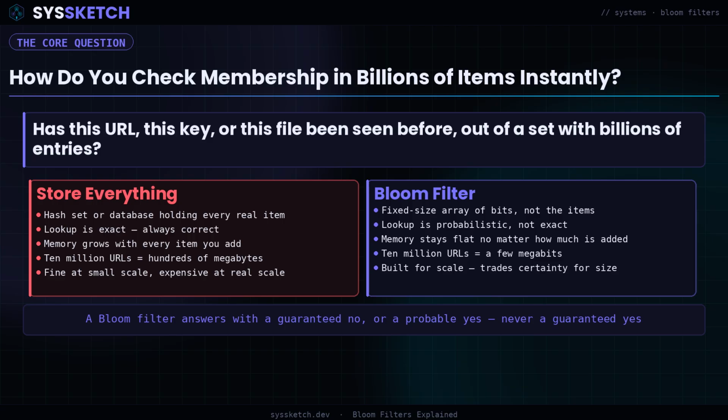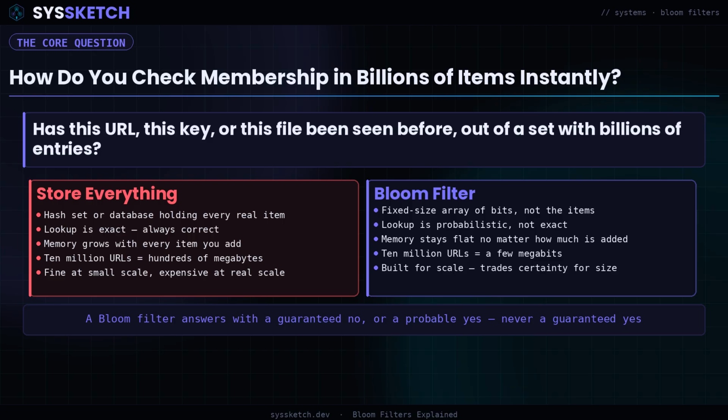Storing all 10 million full web addresses locally would eat hundreds of megabytes, and searching through them one by one would be slow. A Bloom filter solves this by shrinking that entire block list down to a tiny fixed-size structure, often just a few megabits, regardless of how many addresses it represents. Ask it whether an address is on the list, and it gives you one of two answers. Definitely not on the list, which is always completely true, or possibly on the list, which is usually true but occasionally wrong. That single guarantee that a definite no is never a lie is what makes this structure useful everywhere